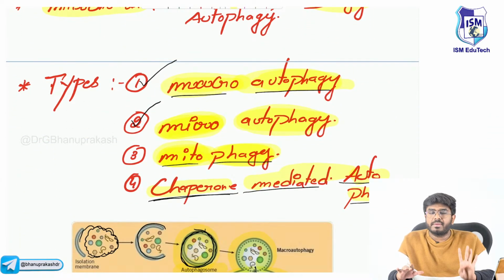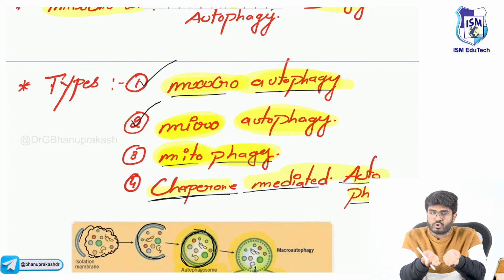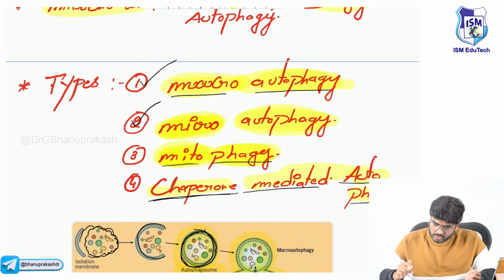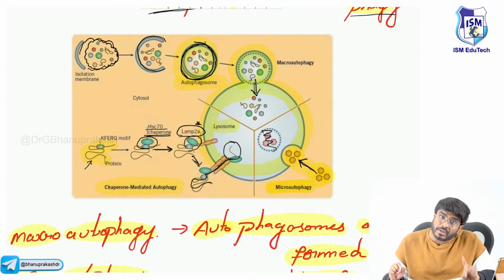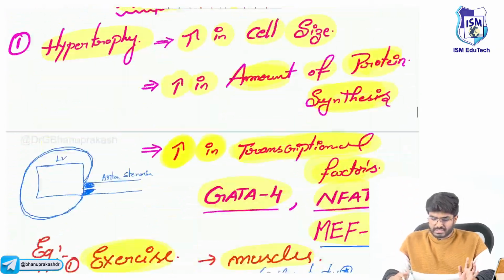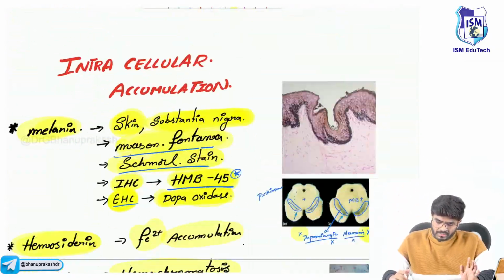What I want you to know is the types of autophagy: macroautophagy, microautophagy, mitophagy, chaperone mediated autophagy. Which molecules are involved in chaperone mediated autophagy? It is HSP70, heat shock protein 70, as well as LAMP2A. PINK and Parkin are involved in mitophagy. Autophagosome is formed in which conditions? It is formed in macroautophagy as well as mitophagy. After this, the next topic which I want you to know is